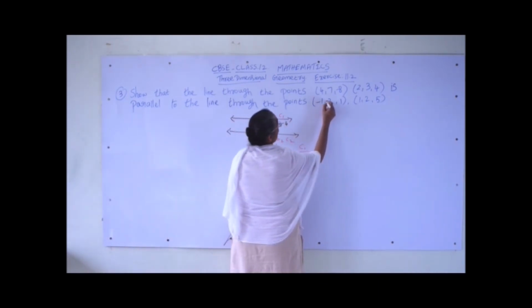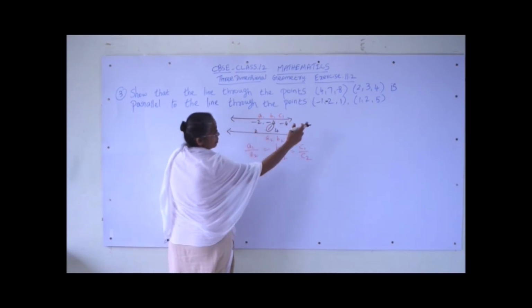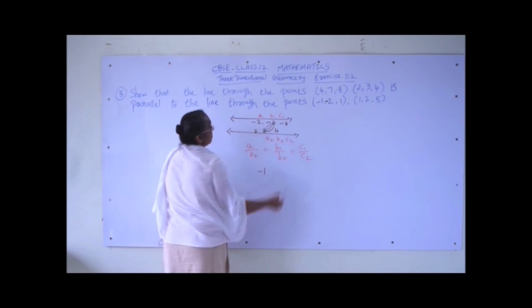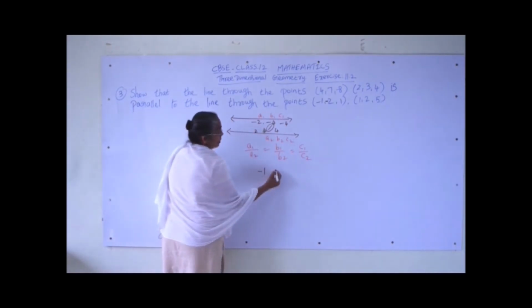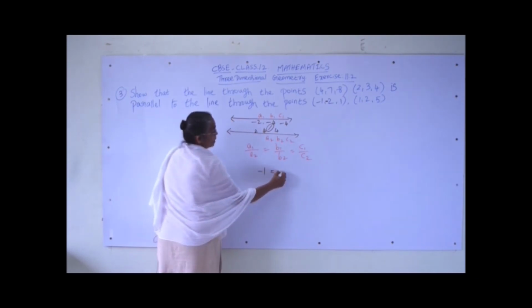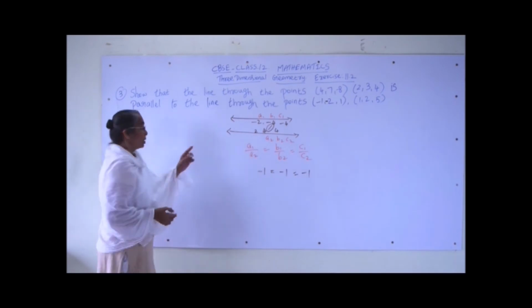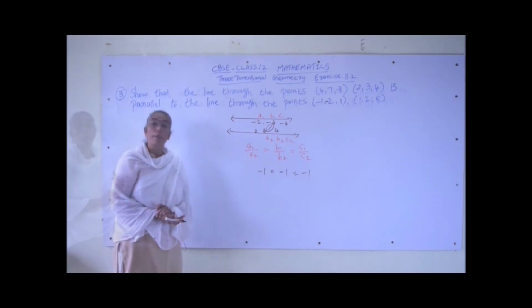This point is minus 2. So, now when this is minus 2, my B2 value will be 2 minus of minus 2 plus 4. Now, you can see A1 by A2 is minus 1, B1 by B2 is again minus 1, C1 by C2 is minus 1. So, the DRs are in proportion, which implies that the two lines are parallel.